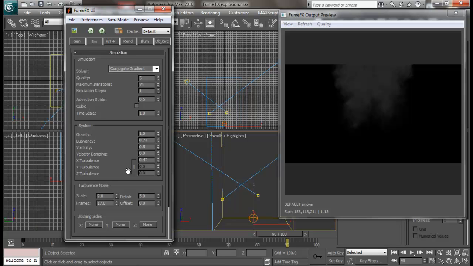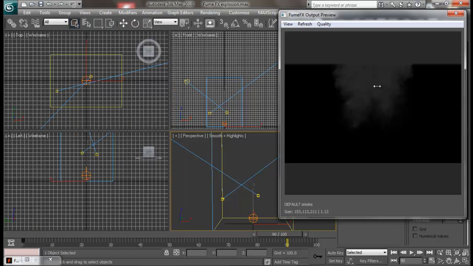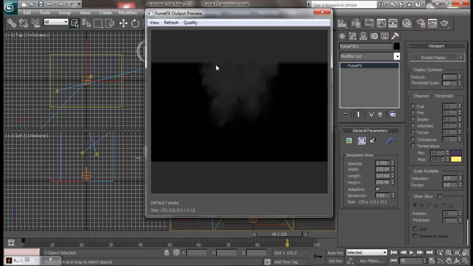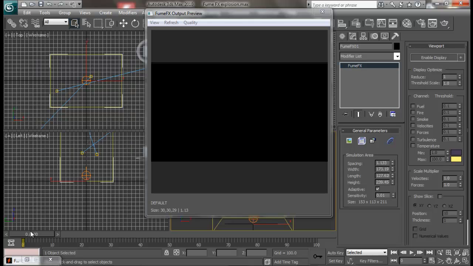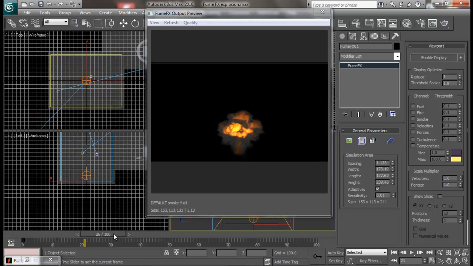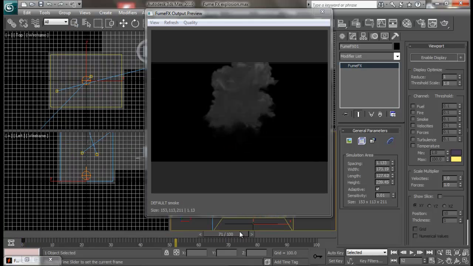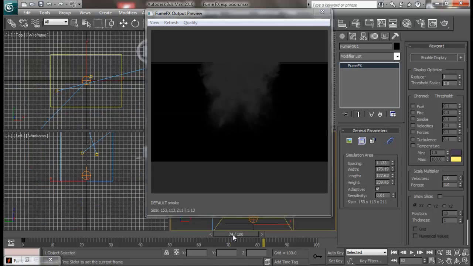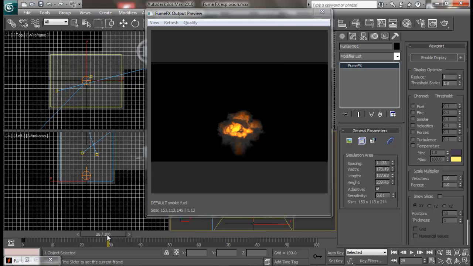Now I'm going to use the same basic settings to create an explosion. So let me show you what we'll be creating. So this is just the Fume FX preview window. So this is what we'll be creating today, and this is a simple explosion, not a too large scale explosion, but